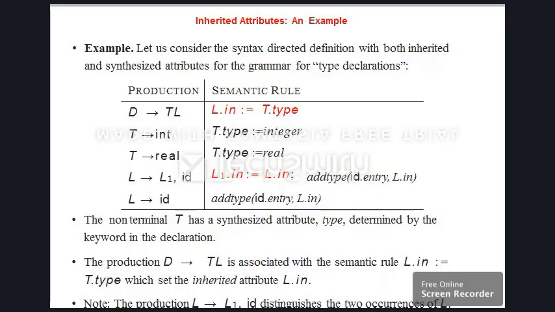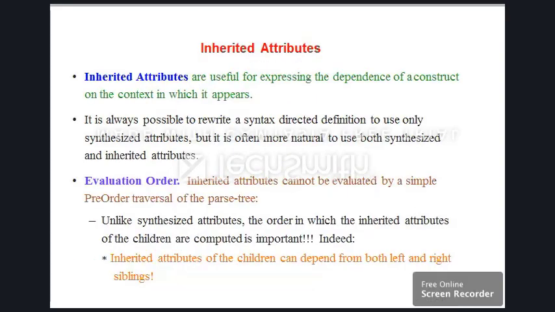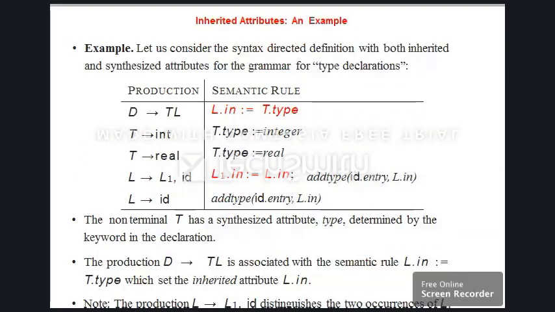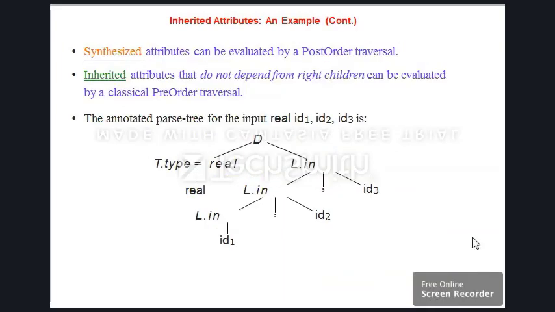This is an example of inherited attributes, and this is an example of an S-attributed definition, that is, synthesized attributes. I hope with this the syntax-directed definitions, synthesized attributes, inherited attributes and S-attributed definitions are clear, and how and why we use attributes to get the evaluation order of the given input sentence.